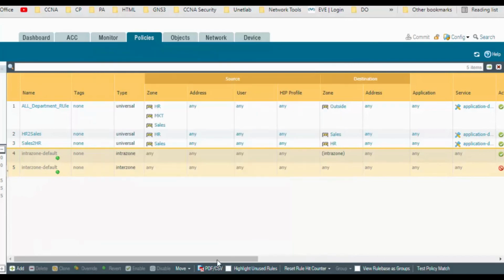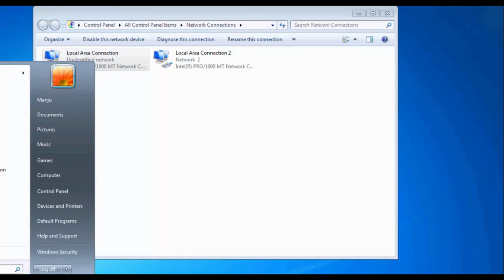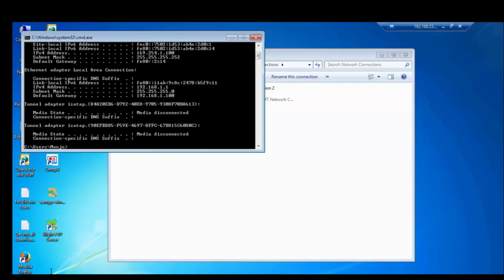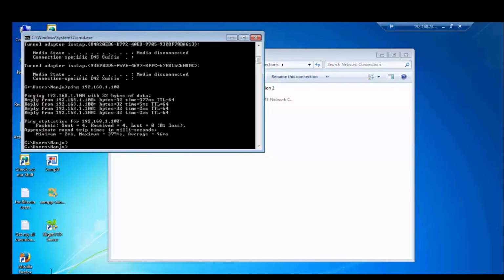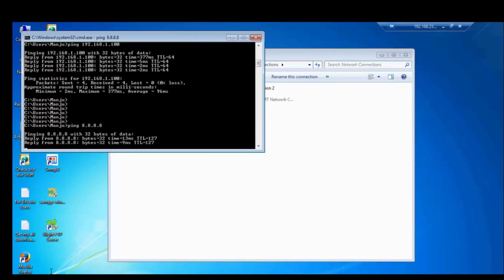Click on close. Go to the HR PC and go to the command prompt and run ipconfig. So it's HR PC 192.168.1.1. Trying to ping the interface 192.168.1.100. I have the connectivity. So now we will try to ping Google. It doesn't time out, so I have the connectivity,